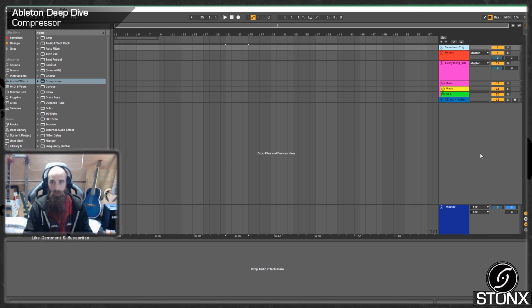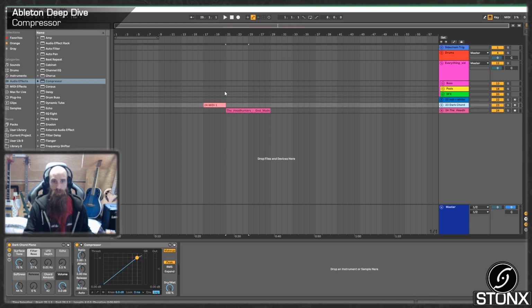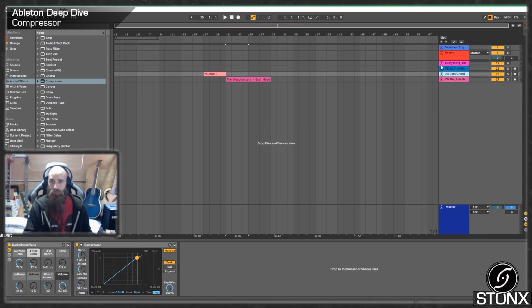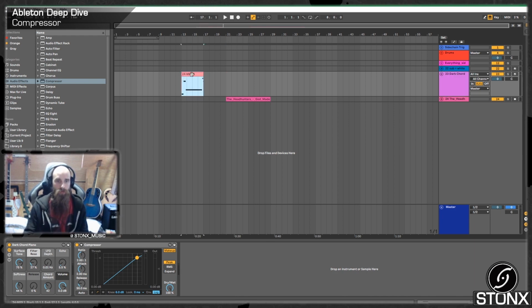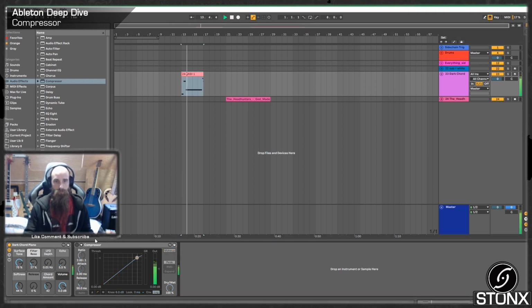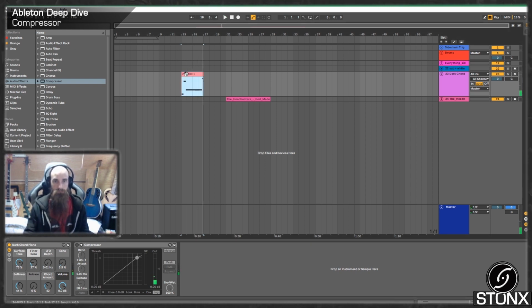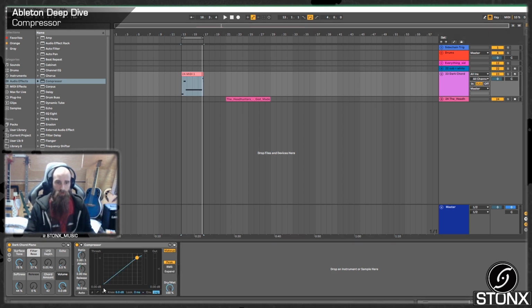So let me just Control Z a bunch to get my little things here back, and we will have a look at using the compressor normally, and then I'll go back, I'll write some drums, and we'll have a look at how that sidechain works. So what we have here, I'll move this across, just got a kind of paddy sound. I'll turn the compressor off. It's just nothing too fancy, but it's just there, and I've used this big long note that kind of tails off. So if you turn the compressor on at first,